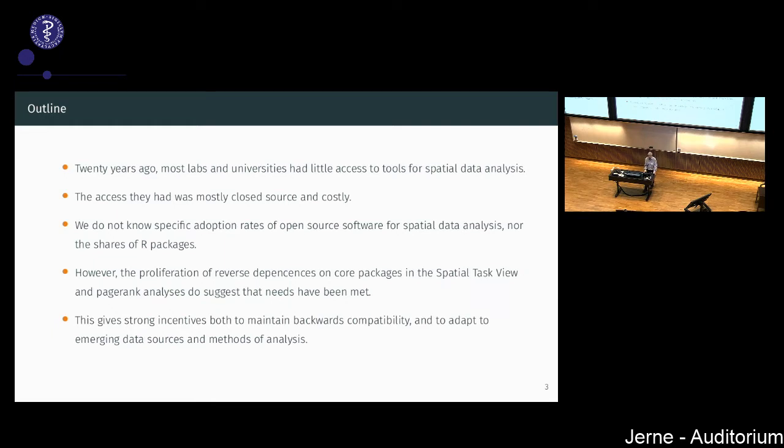We can't say what has actually happened in relation to the use of R for spatial data analysis, because obviously we don't monitor these kinds of things. But as you'll see as we go on, some things have obviously happened. One of the things that we can see very clearly looking at pagerank analyses of CRAN packages is that there are a lot of things going on there, and how many package relationships then multiply out into uses in research labs, in companies, and in universities, it's impossible to tell. But given correspondence and contacts with users, we know that there are quite a lot of people out there somewhere.